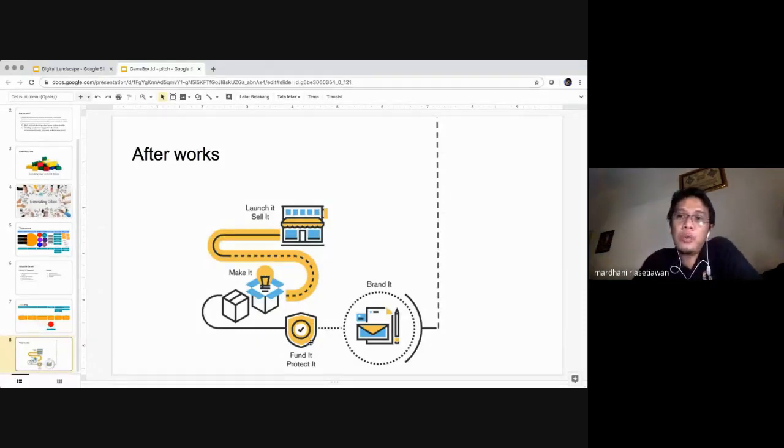So after you have passed this stage, now you can talk with investors to promote your product and get their attention. The investors will be interested in working with you, supporting you with money, and giving you investment to make your product more scalable. So that will be the challenge for you.